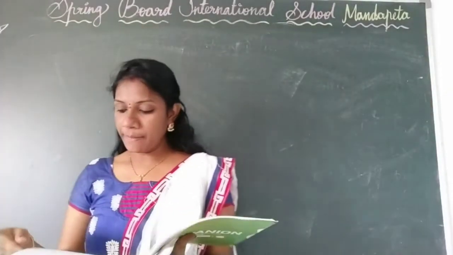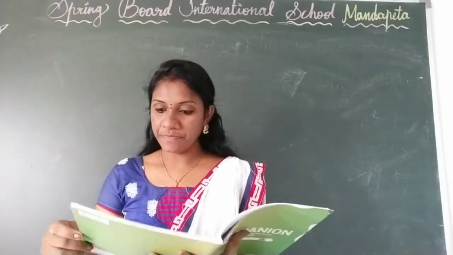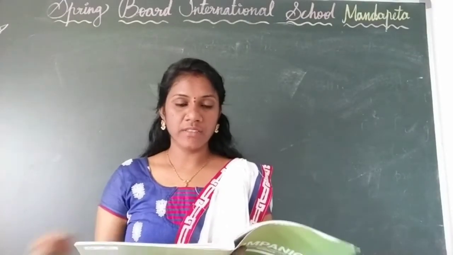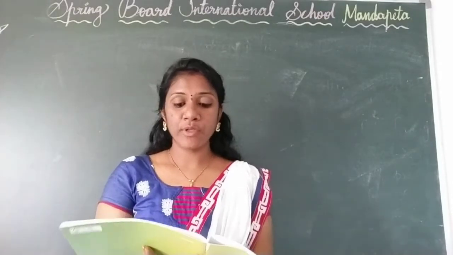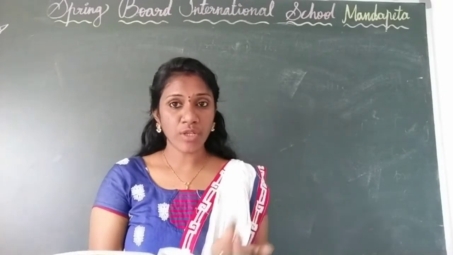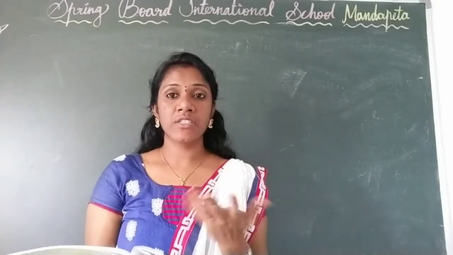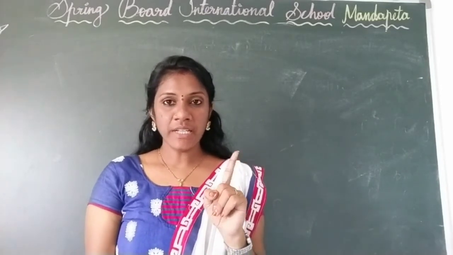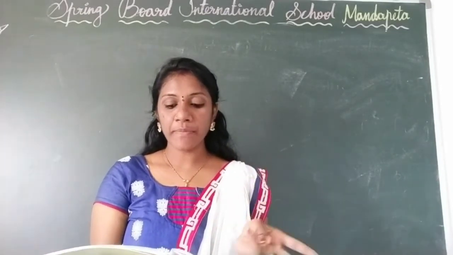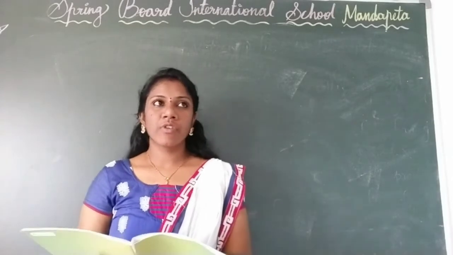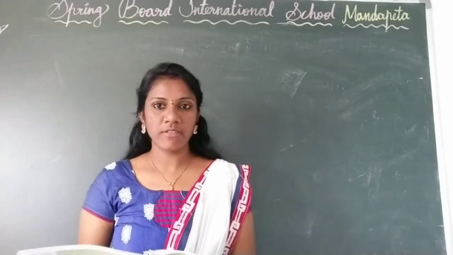See children, in the companion page number 21, we have this 5B activity. Make your own booklet. First, aim to make a booklet on the learning from this lesson. From this lesson, what you learn, what are the things you know. You have to think first about what you need: pencil, sketch pens and pictures of foods that are rich sources of different micronutrients and fiber. If you have any pictures in your old books, you can stick them there.